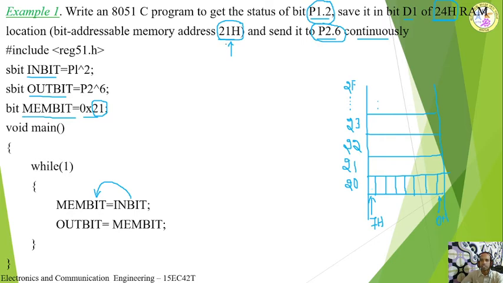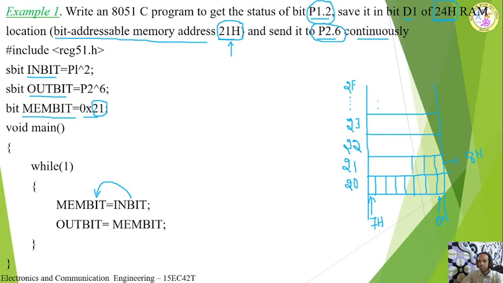Now 21H is given, that is bit addressable memory address. This 21 is not the same as this 21. This 21 is byte address, whereas here it is bit addressable. Bit address means what? After 7, what is the next memory location address? Address of this is 8H. And address of next bit is 9H.